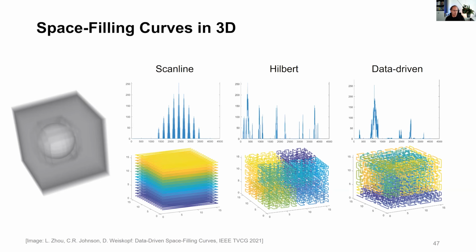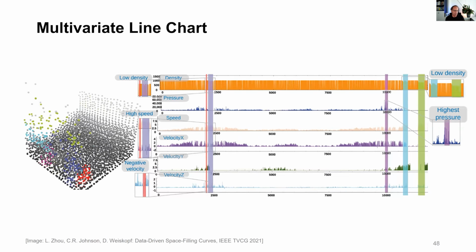How can this be used in a typical visualization system? Here's an example where we show results of an SPH fluid simulation. Here is the spatial view of the fluid simulation, and here we are showing different data attributes. Along the X direction, you see essentially the direction of our data-driven space-filling curve. And you see highlighted here some areas that are then used by brushing and linking to highlight certain features in the